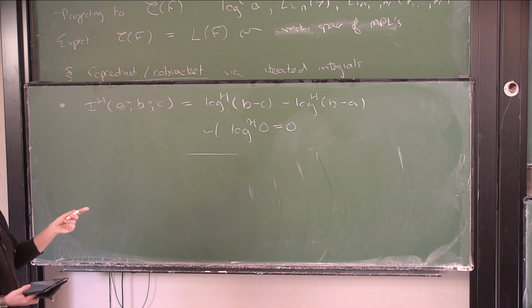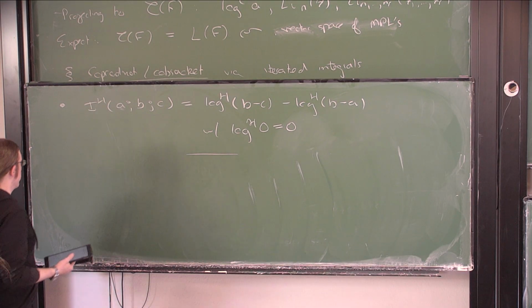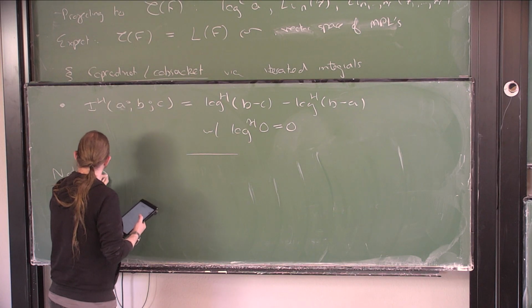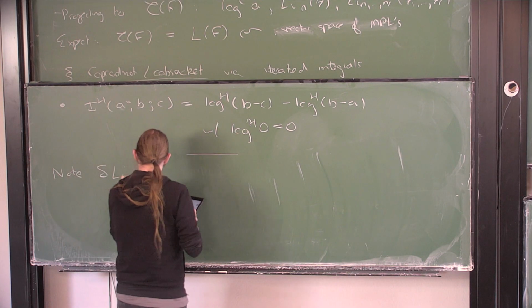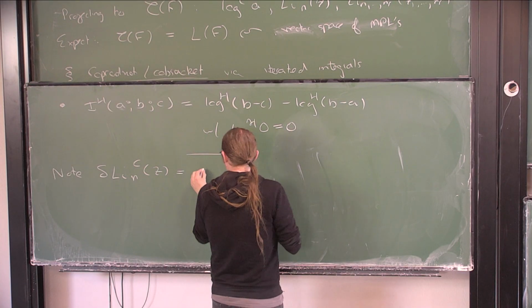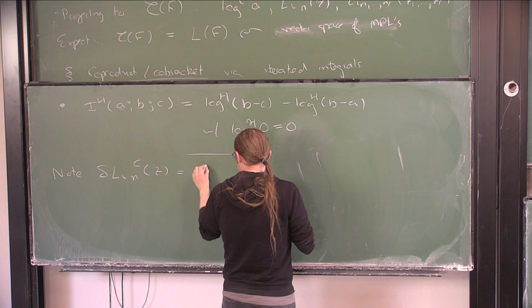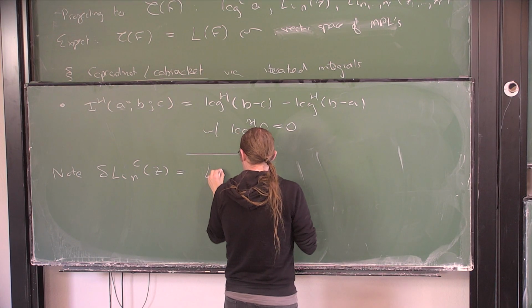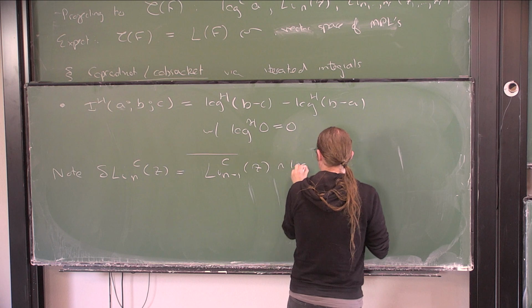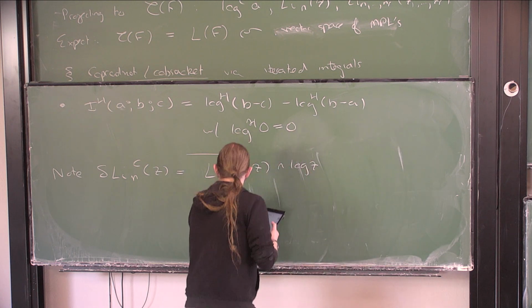And the thing to note with this computation that Clement mentioned is the cobracket of something of depth 1 has a piece that lands in weight n, n minus 1, where the piece that lands in weight 1